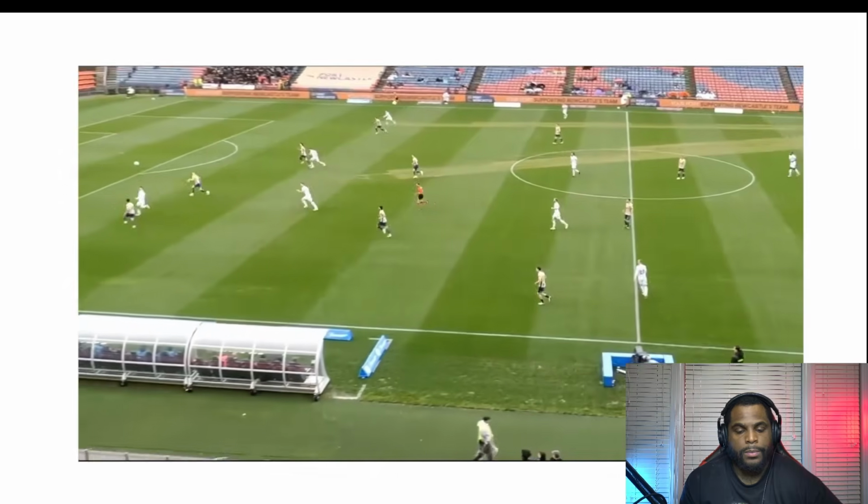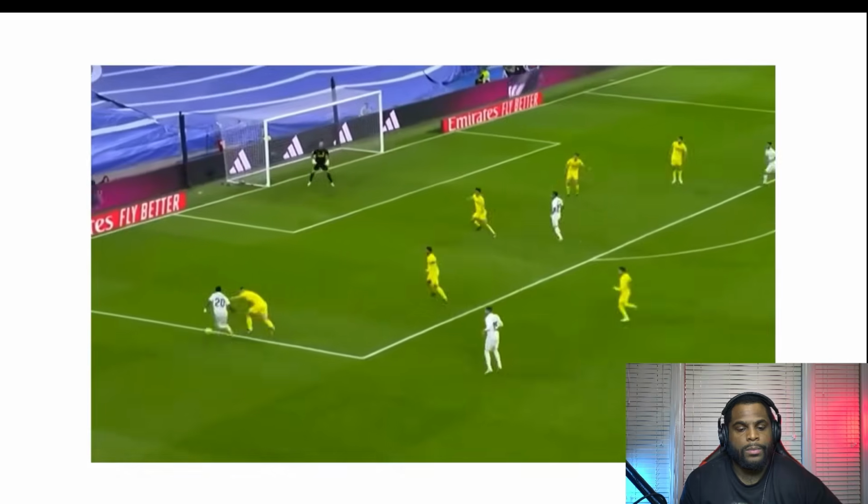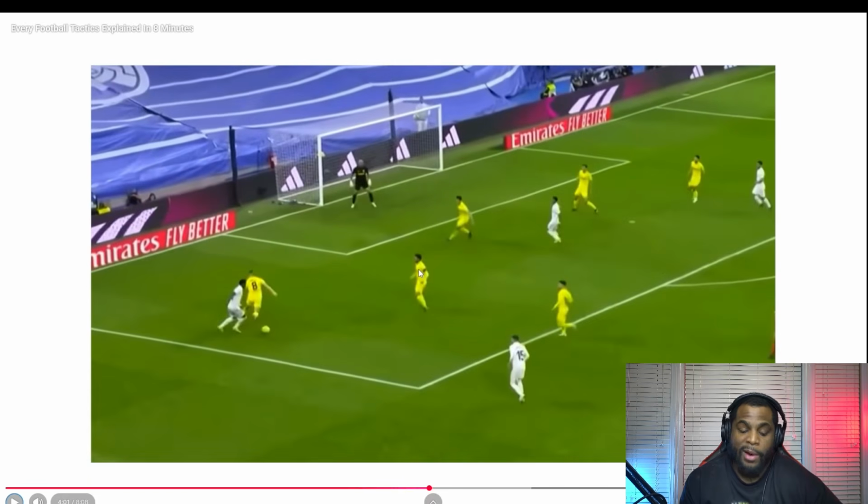Wing play and crossing. Wing play is a simple but very effective attacking tactic. Use the wide areas to create chances. Wingers and fullbacks stay close to the